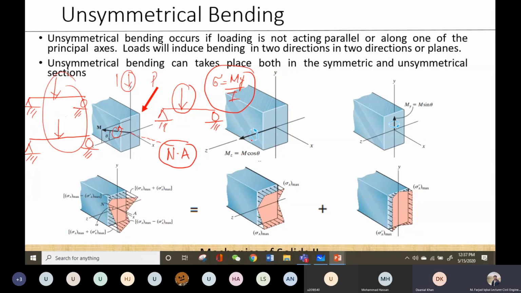into two components. Excuse me, sir. Along... Excuse me, sir. Yes. Sir,